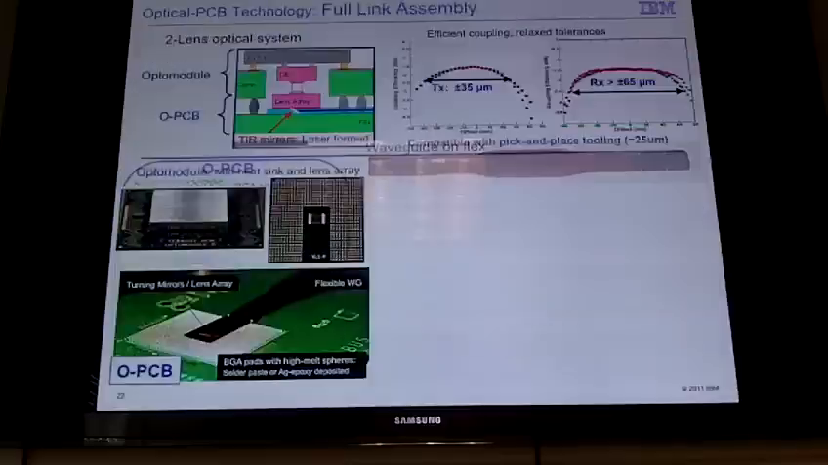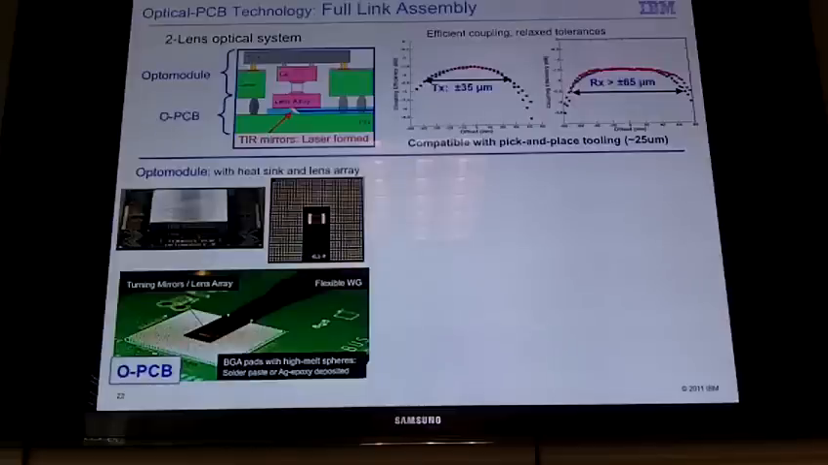For optical coupling, we use a two-lens optical system. There's one lens integrated into the transceiver and one lens integrated into the polymer waveguide with a turning mirror. The advantage of a two-lens system is that we have collimated light between the two systems. So with collimated light, if you offset the two relative to each other, you still get good focusing of the